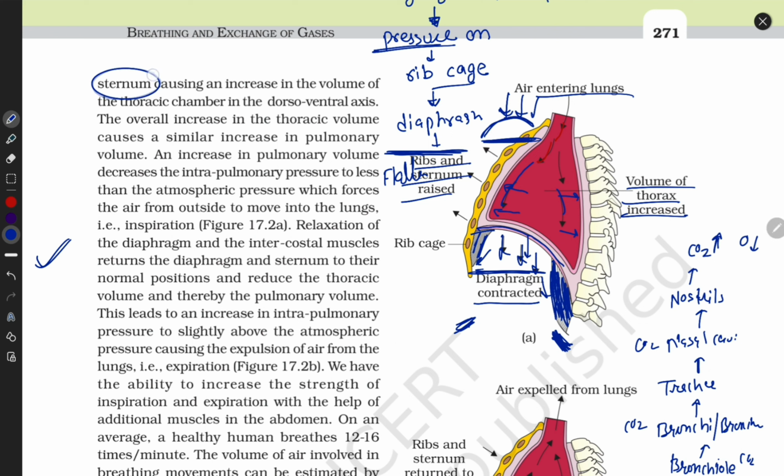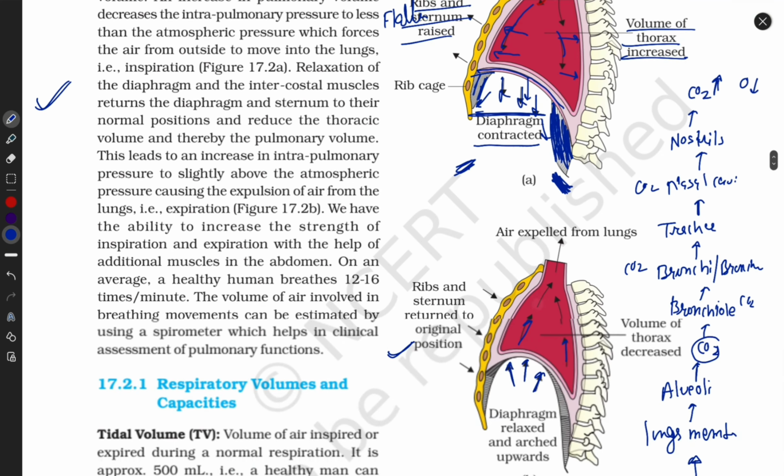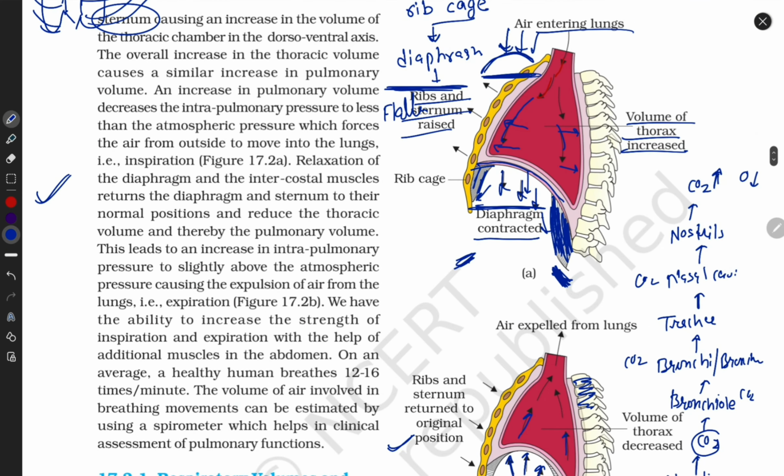You now know what the sternum is, where the ribs connect. Here is one lung, here is another lung. You know everything, guys. What is this? These are the vertebrae, our thoracic vertebrae. And what is this? This is the rib cage. They cover like this. Look here. The front part is connected with the sternum, and the posterior, dorsal part is connected with the vertebrae.